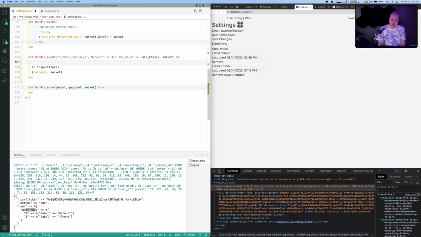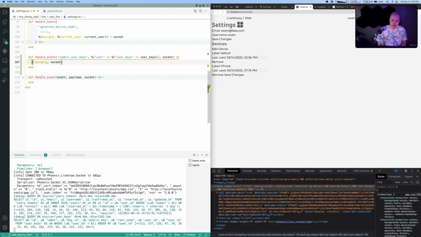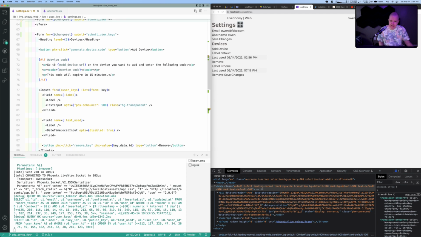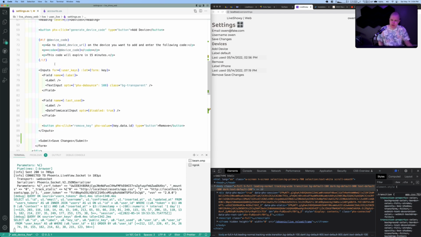All right, so that gets me the user keys, like the updated labels. I think I need to actually have the key ID as a hidden field here because I'm going to need to update the